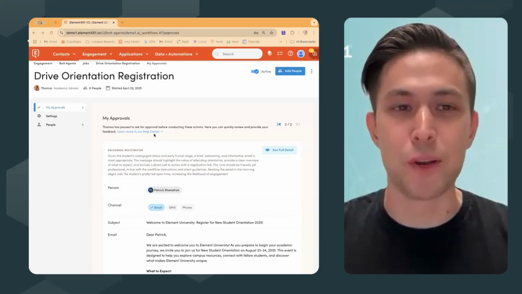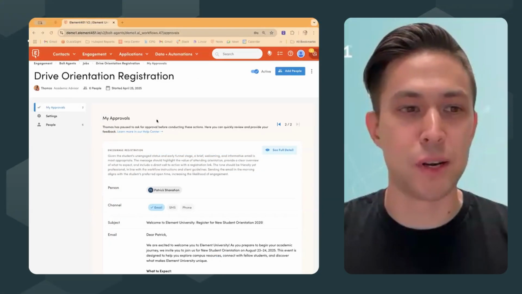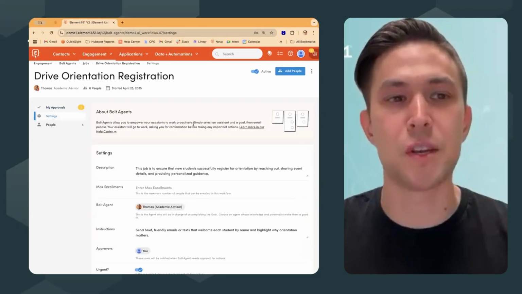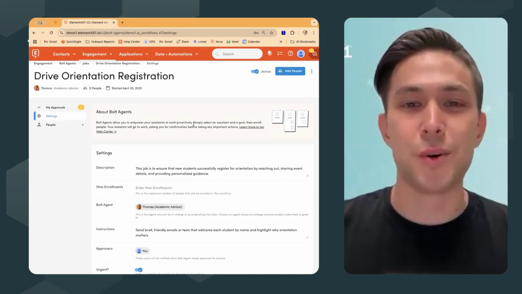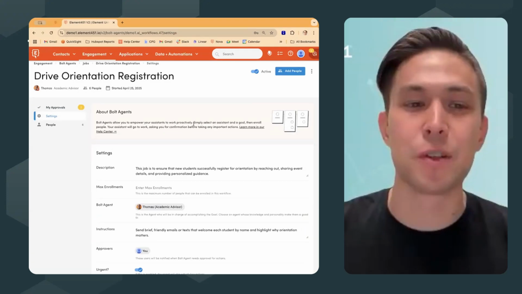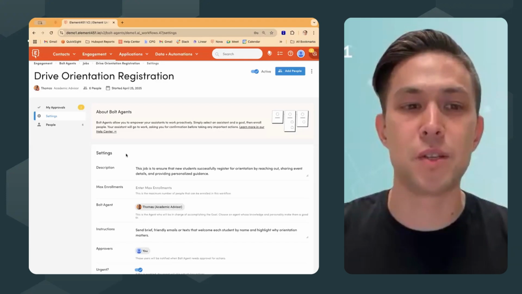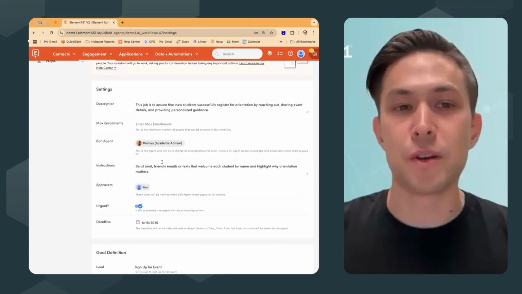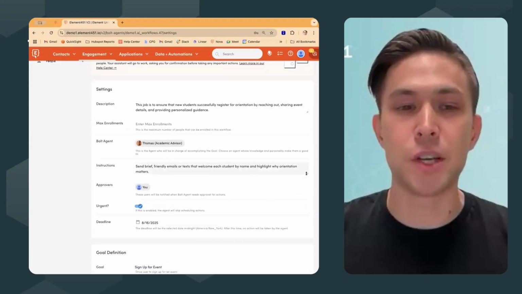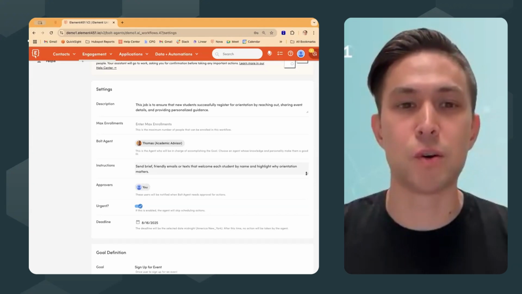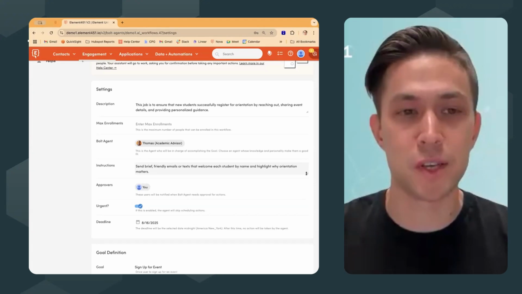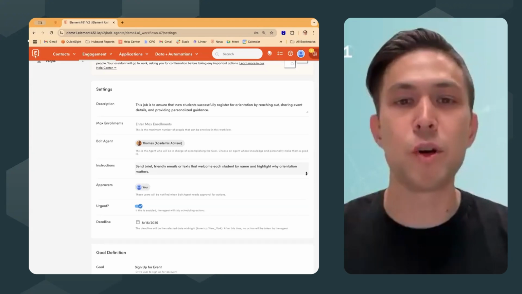So while you wait for that email, Brendan, I can talk a little bit more through the settings and how you actually set up agent actions. There's lots here, so we can't get into everything, but the basics that you need to know are, when you're configuring agents to do work, you get the chance to give them instructions. You can make those instructions as detailed as you want, but the agents will also be trained with general best practices about how to do certain things. So they'll be good on their own.